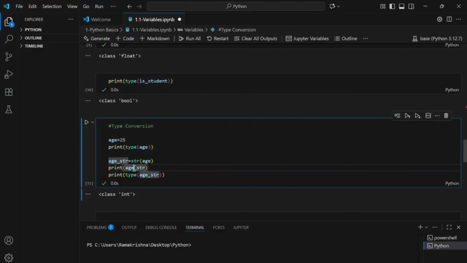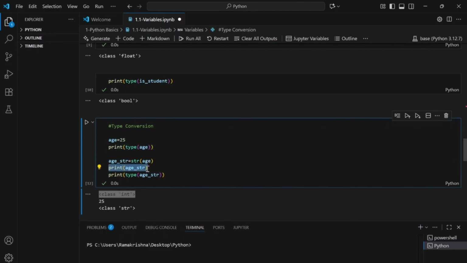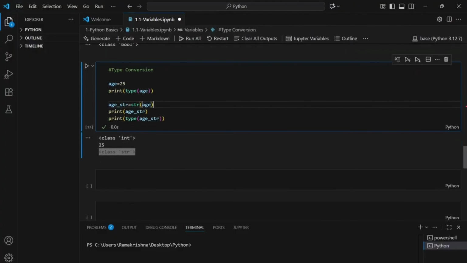I'm printing out the same variable now, and I'm checking the data type of the age string. The first print statement gives the class as integer. The second print statement is just printing out the value after we converted the data type. It's 25 still. And then we print the new data type for the variable after the type conversion. So now it became string. I hope you're clear until this.